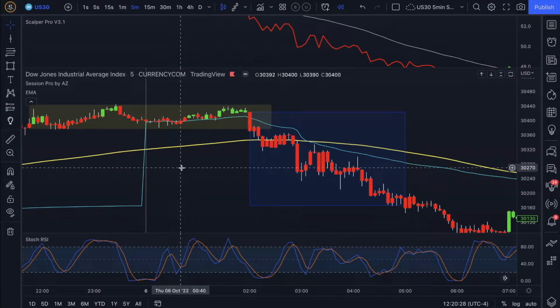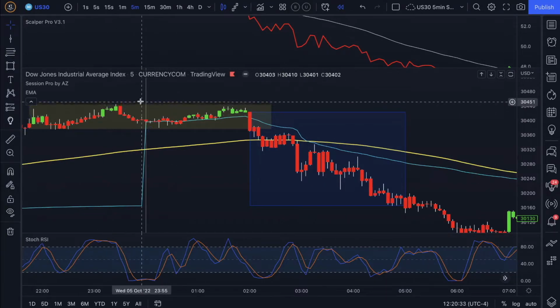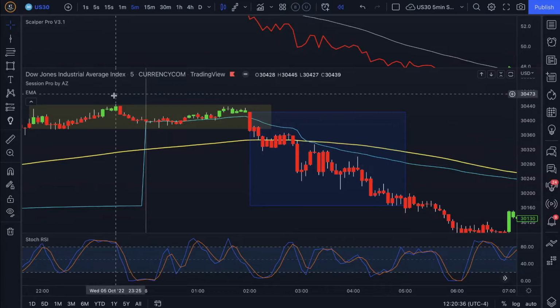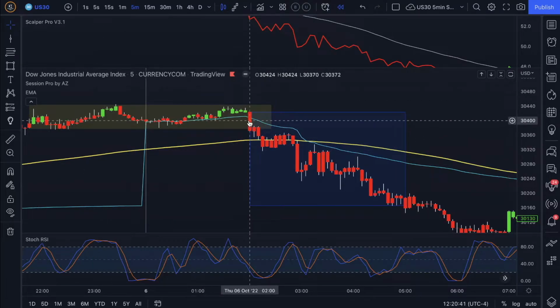Now another great example. So we saw our consolidation range again around New York midnight, Asian session. So we consolidated with a very small amount of volume in the market. London session started and we had this massive bearish candle, compared to perhaps the 20 candles before it, which had almost no volume at all. Lots of volume coming into the market exactly at 2 a.m. New York local time, which is also the Frankfurt opening of the German